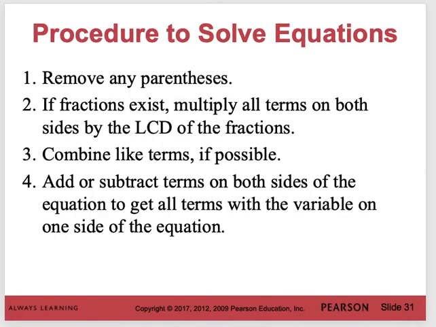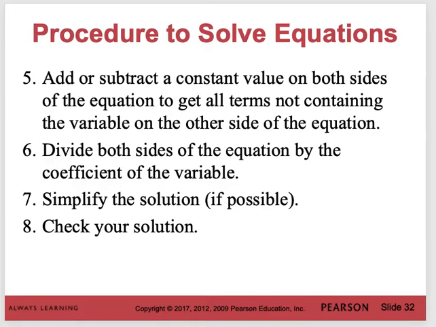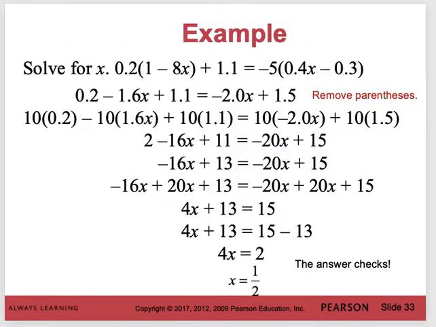So here are some procedures that you can go through to solve equations. Make sure to remove parentheses. If fractions exist, multiply all terms on both sides by the least common denominator of the fractions. Combine like terms. Add or subtract terms on both sides to get the variable isolated. Add or subtract constant values on both sides. Divide both sides by any coefficients. And simplify and check your solution. So here is an example of going through those steps by first removing parentheses, combining like terms, isolating the variable,